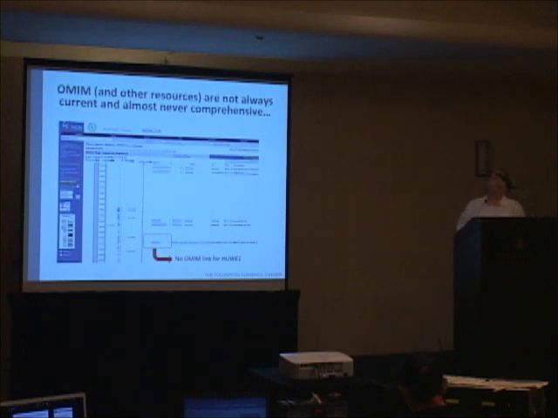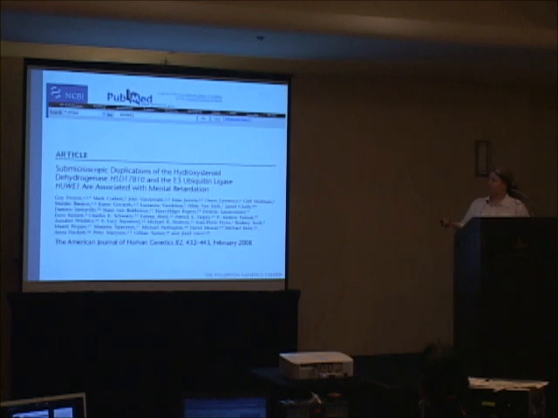The other note, and most of this is beware kind of talk, OMIM and other resources are not always current and almost always not comprehensive. So this was a case I had with a HUE1 duplication. Some of you may be aware of HUE1 duplications and mental retardation. I was not, and my process at the time was to use MapViewer through NCBI, and I still use this. And there was no OMIM link for HUE1, but I had a process in place that if there was no OMIM entry, I would also do a PubMed search. And when I did that, I found a very important publication that suggests that duplication of this is associated with this mental retardation in males. I went back and I checked OMIM. It wasn't there. It's there now.